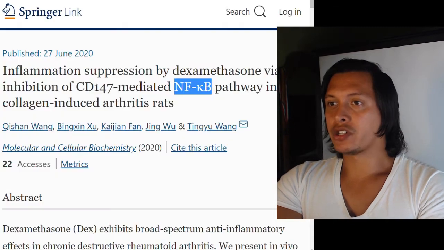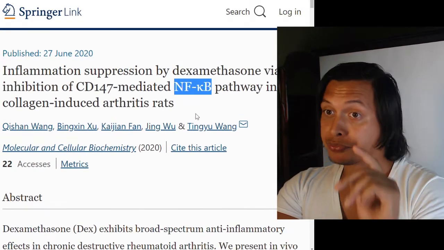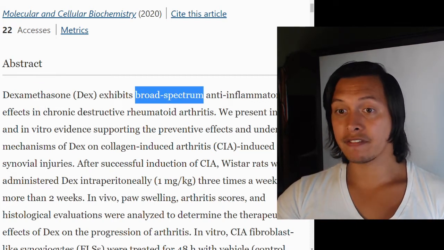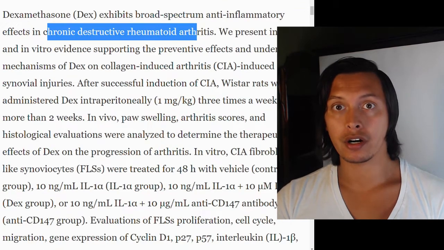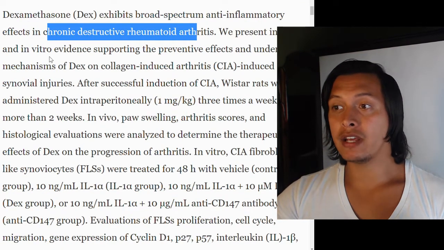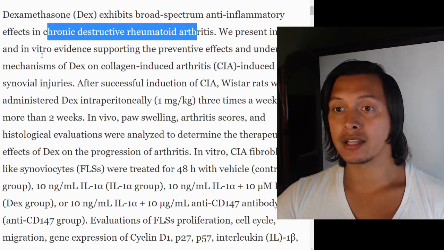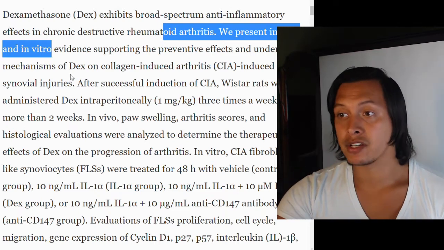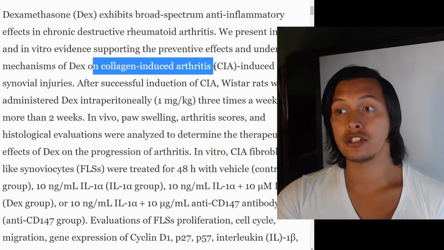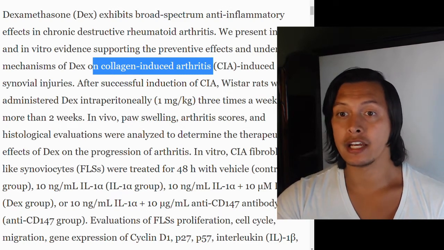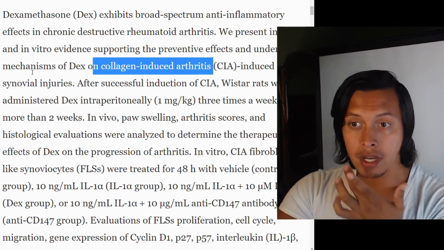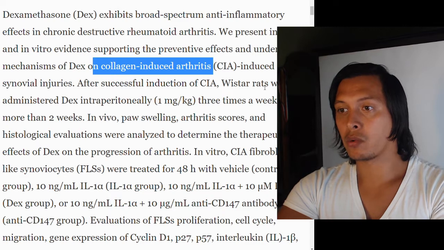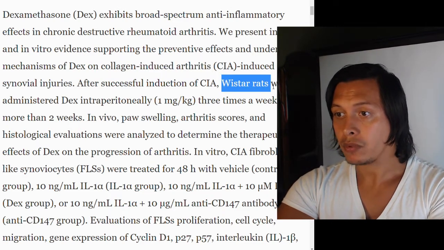There's too much to go over here, so I'll just keep on going with this paper. Dexamethasone exhibits broad spectrum anti-inflammatory effects in chronic destructive rheumatoid arthritis. We present in vivo, meaning in life, and in vitro, meaning in a test tube or in glass, evidence supporting the preventative effects and underlying mechanisms of dexamethasone on collagen-induced arthritis, also known as CIA-induced synovial injuries. After successive induction of collagen-induced arthritis, the Wistar rats, which are just a